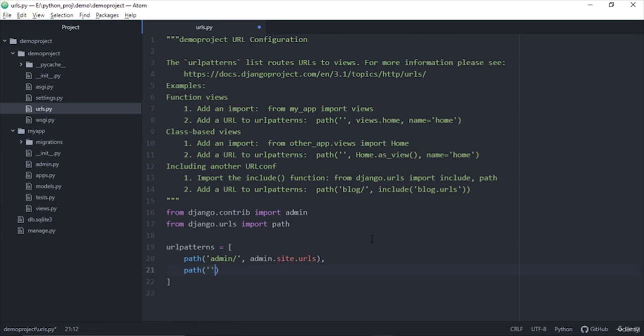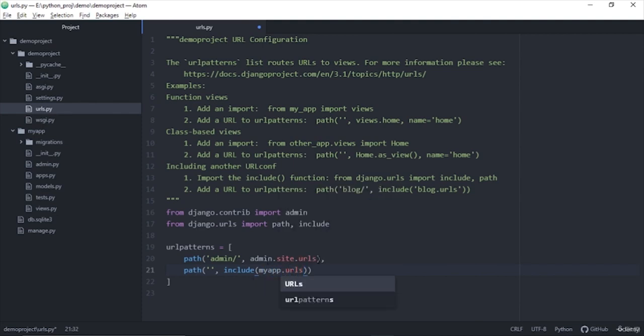Okay, so localhost 8000 will be removed, and whatever comes after it will be handled by this logic. So I'm just going to handle this logic in my app that I created. I'm just going to use include. This might feel a bit strange for now, but I'll show you in a bit what we are exactly doing. So include my app dot